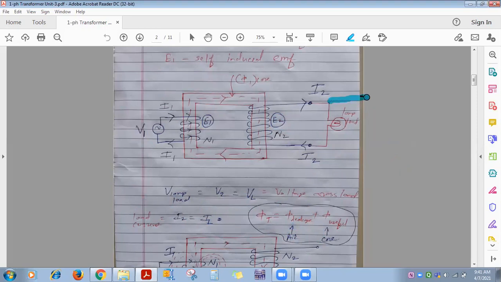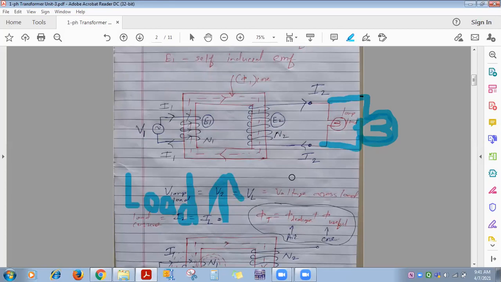See, you are connecting load in parallel here, isn't it? So you go on connecting 2 lamps, 4, 6, 8, 10, 100 lamps in parallel. Means load on the transformer, are you increasing? Yes or no? Yes. How does load get connected, in series or in parallel? Parallel. Okay, everywhere load gets connected in parallel. So here also you have to connect load compulsorily in parallel across the transformer. Then only constant voltage will be there across each and every equipment, isn't it?